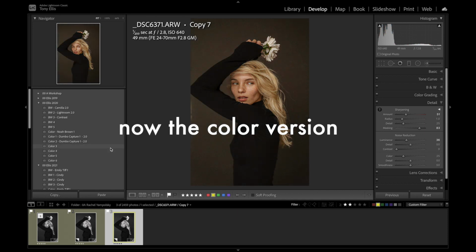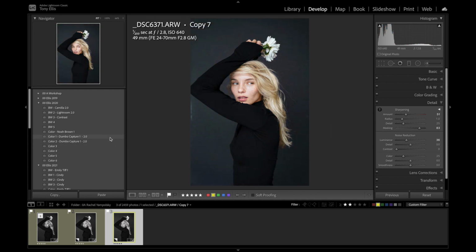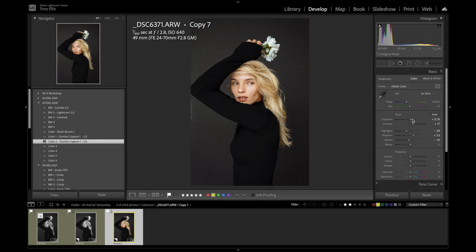So I'm going to do the color version as well. Obviously the color looked great straight out of the camera, but it could always use a bit of tweaking. So I'll just make a copy of the previous version, the black and white version, and then find a color preset that I like that is simple. For this, I just want something simple, nothing crazy, nothing too dramatic, just simple and clean. She's a young girl, beautiful face. I just want simple and clean. That usually tends to get the best